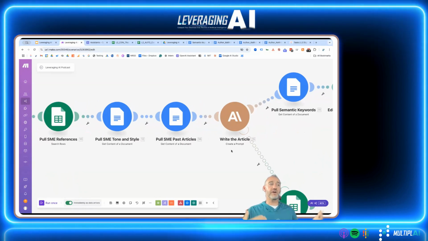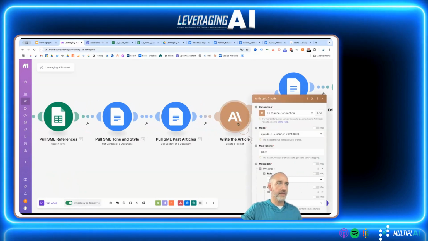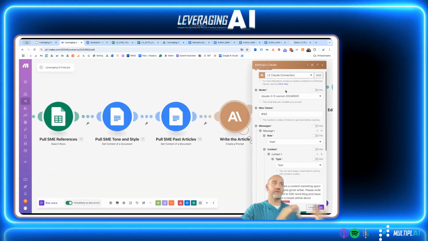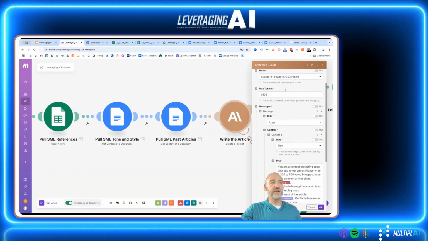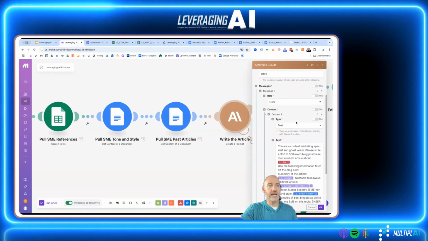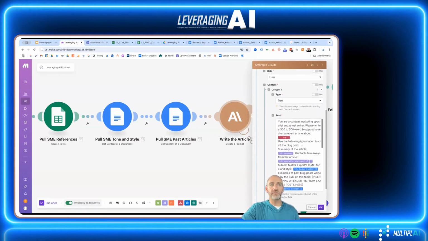I've got everything I need to go and write this article, to have ChatGPT, or in this case, we're going to have Claude, because I like using Claude to actually generate the content. I'm going to have Claude write the article. And so as part of that, I'm going to pass into this operation. So Anthropic Claude, I'm going to set it up so that messages is from a user. It's a text prompt, and I've got my prompt written in here.